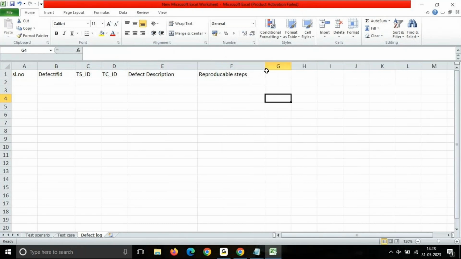So one is serial number, defect ID, scenario ID, test case ID, defect description, and reproducible steps,